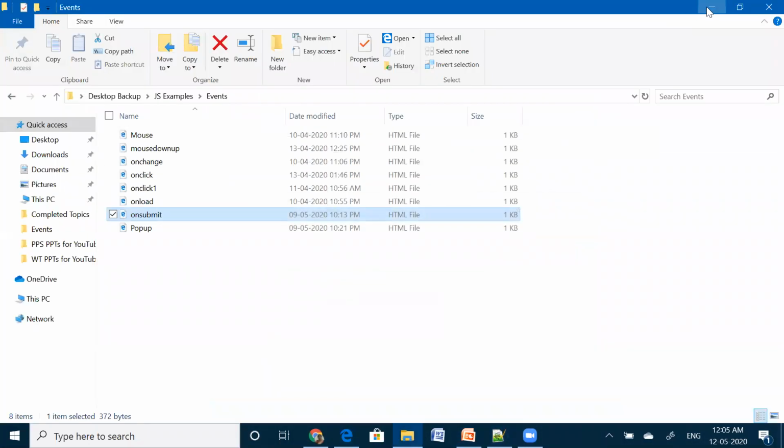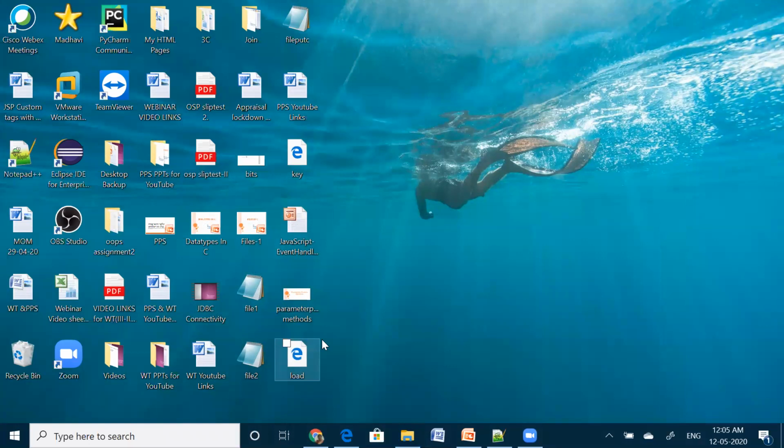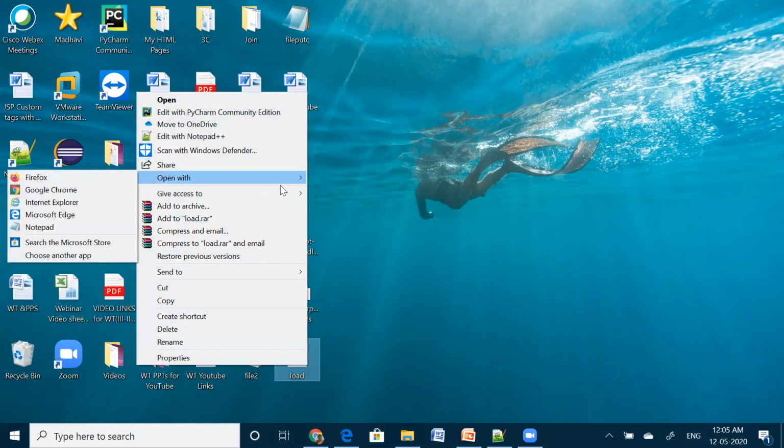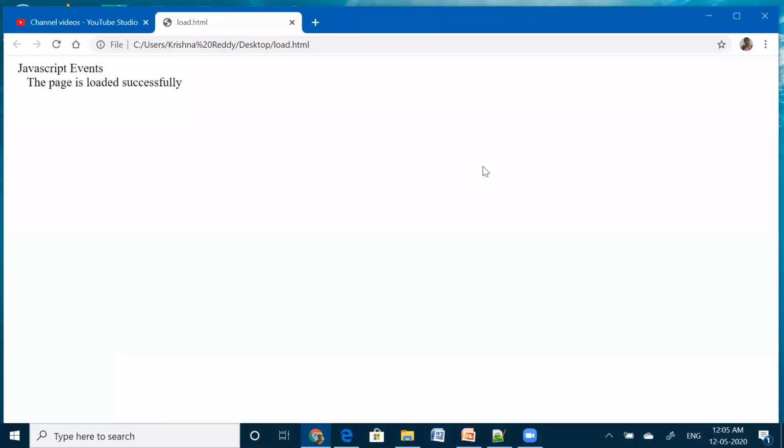Load.html. Right, automatically whenever that page is loaded, it is displaying the message that the page is loaded successfully.